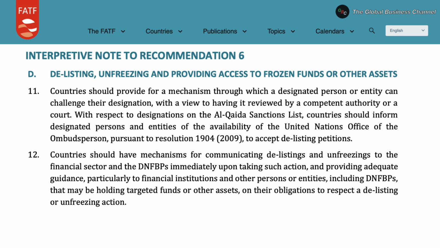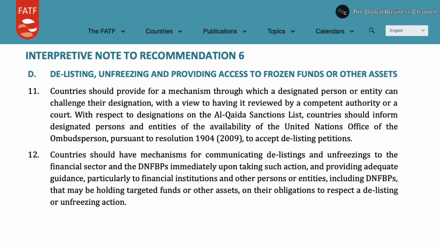And finally, the last interpretative note on the same subject matter, being number 12, argues that countries should have systems to quickly inform the financial sector and DNFBPs about delistings and unfreezings. They should also provide clear guidance to financial institutions and others holding targeted funds or assets on how to comply